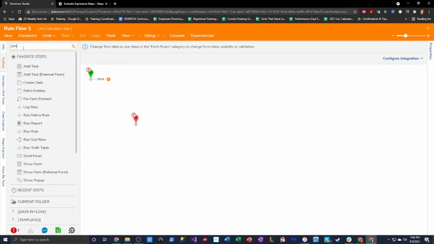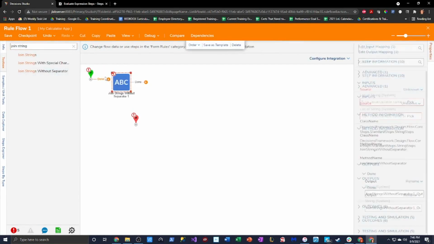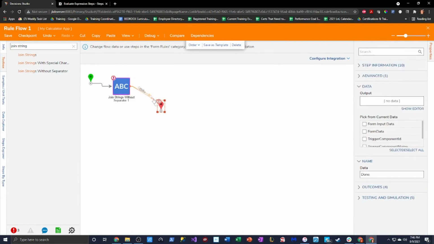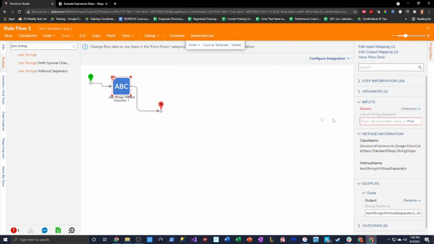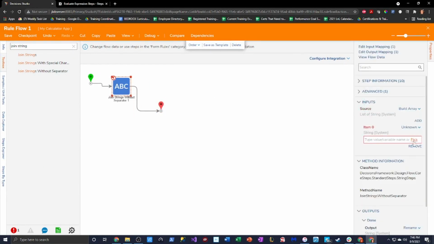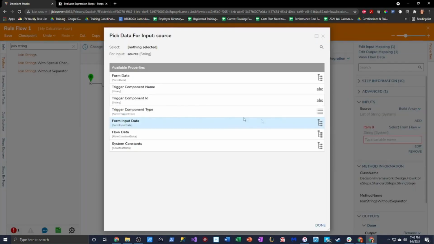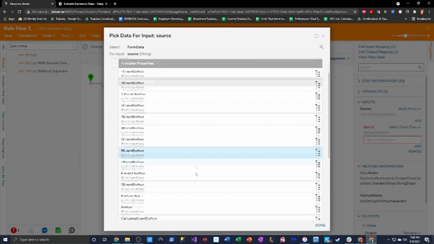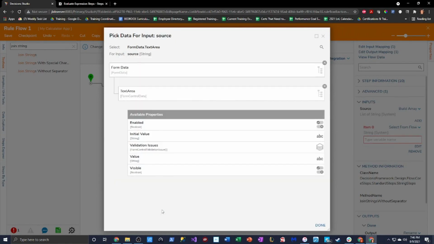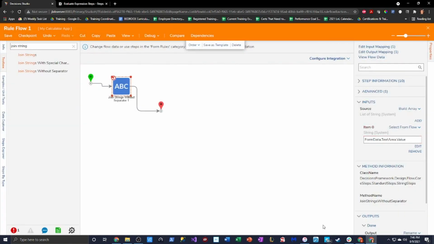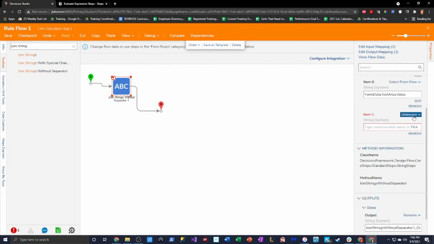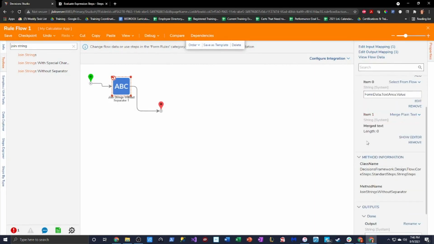So what I'm going to do here is we're going to join strings, still without separator. We're going to keep using this step that we've used throughout this entire process. But instead of utilizing the constant value for the second item in the list, we're going to add one more. What we're going to do is use this thing called the merge plain text editor. Now what this thing allows us to do is combine text using some of the variables already located within the flow. So when I do show editor,